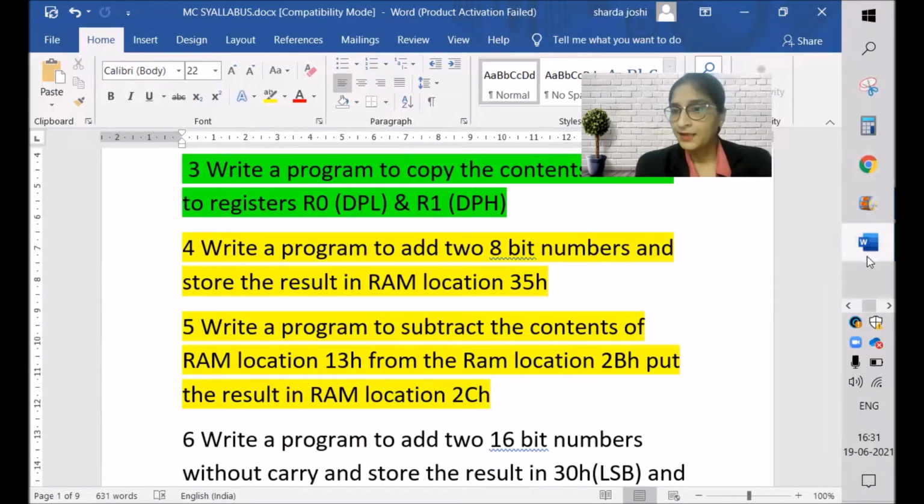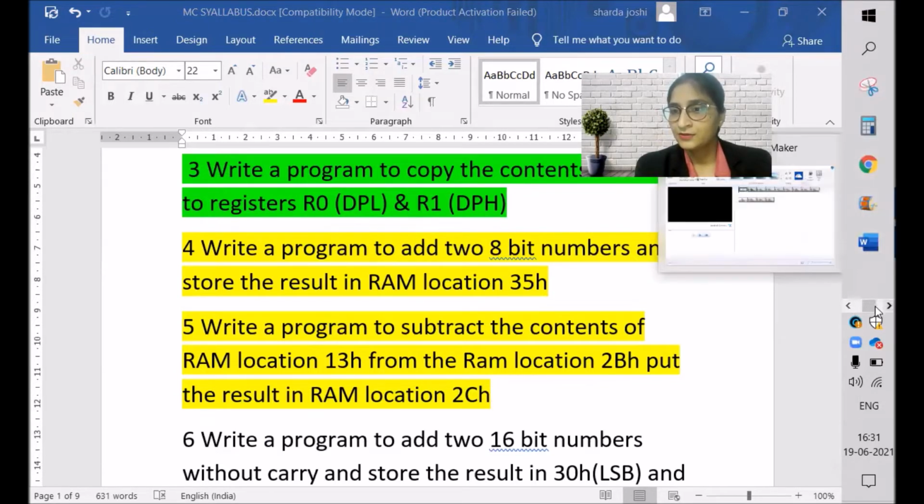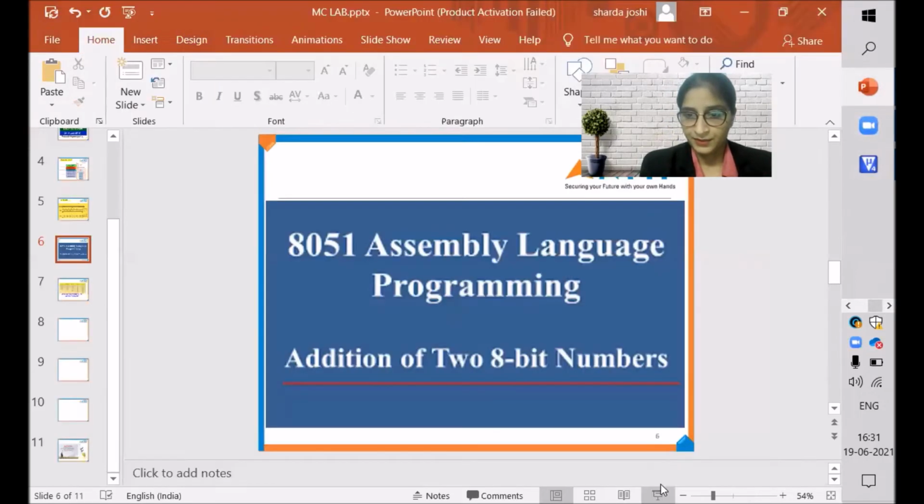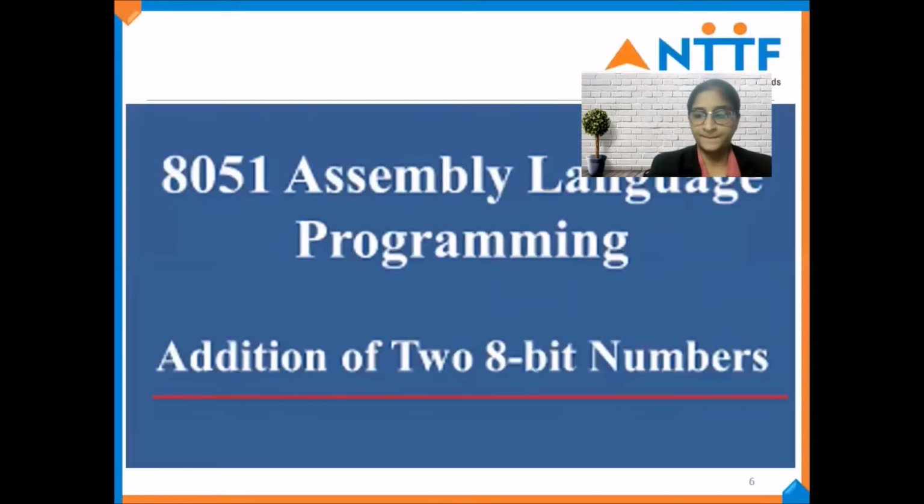So I'll show you a brief idea about the instructions used in 8051. Okay, I hope my PPT is visible to you all. As we are going to do the addition of two 8-bit numbers and then subtraction, I thought you should be aware of what more instructions are considered in arithmetic operations, by using which we can do the same.